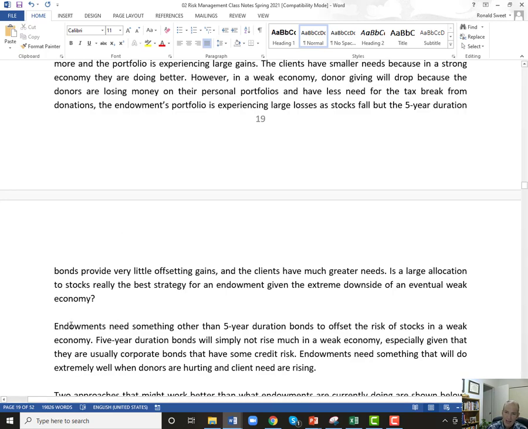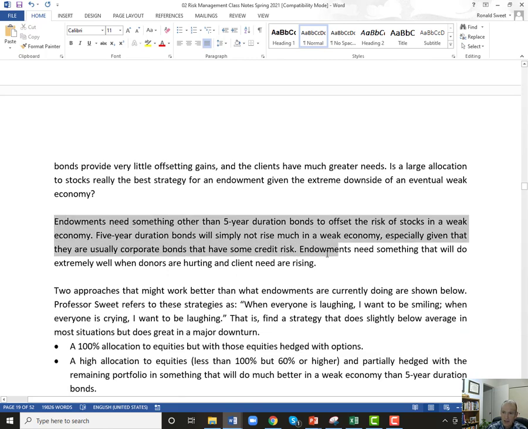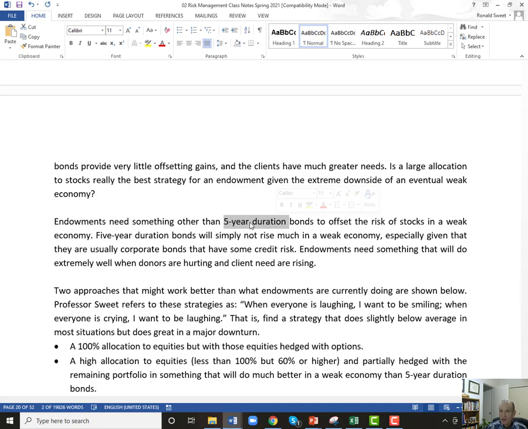And so what I actually started recommending, again, this has nothing to do with borrowing to invest in the pension plan. Don't get this confused. So what I'm recommending, first of all, if endowments are going to do that, putting their 40% in 5-year duration bonds is not going to help them at all. The stock market is going to fall so much that the slight increase they might get from 5-year duration bonds is just not going to be that great, especially since most of them don't buy treasuries. They actually buy corporate bonds. And corporate bonds will be a little bit under stress as well during a recession.